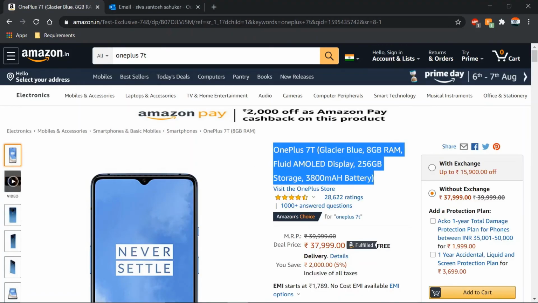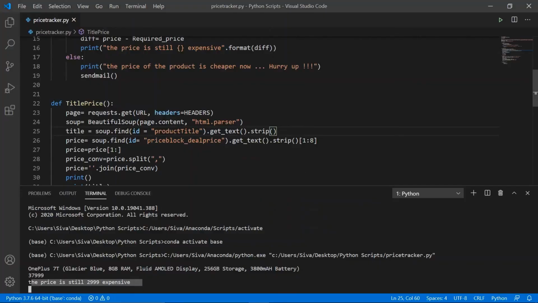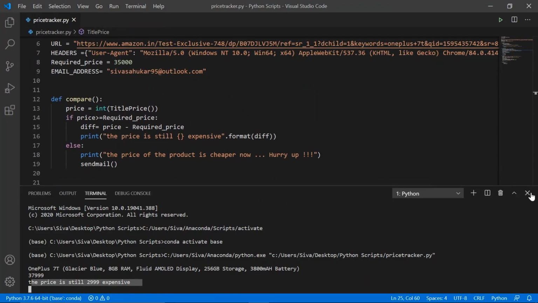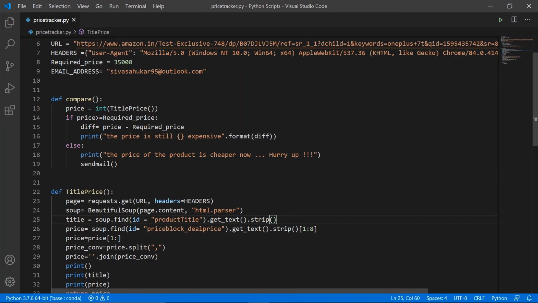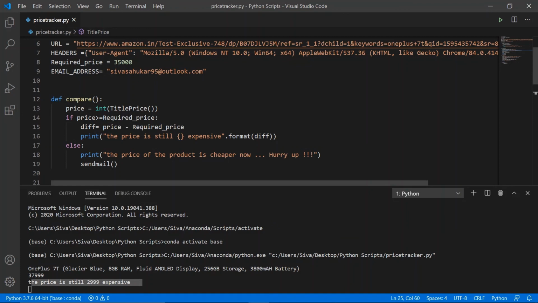Because the current price is 37,999 and the required price variable we used is 35,000. So it compares them. The current price 37,999 is greater than the required price, because 35,000 is a lower number, so it will show the difference, 37,999 minus 35,000, which is 2,999 expensive. So that's what we got here.